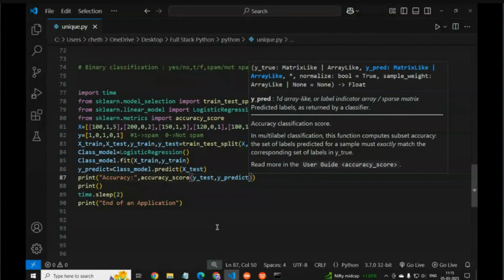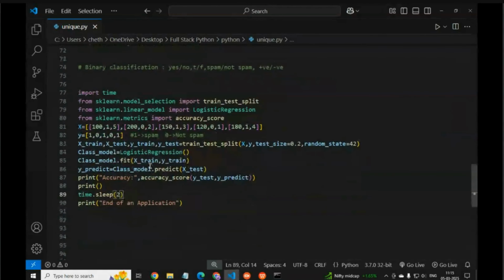Okay, so let's see the explanation of this. Here we demonstrate the implementation of binary classification using logistic regression with the scikit-learn library.